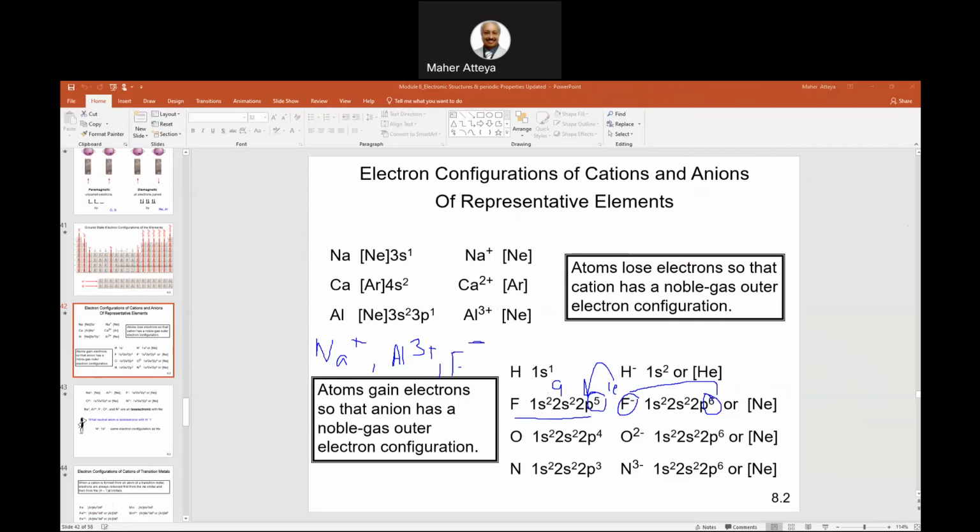How about oxygen? Oxygen O2-, so it will gain 2 electrons. And if you look here, you have 4 at the end. Add 2 to it to make 6. So that will be neon. So all those 3 here, aluminum and sodium, are called isoelectronic